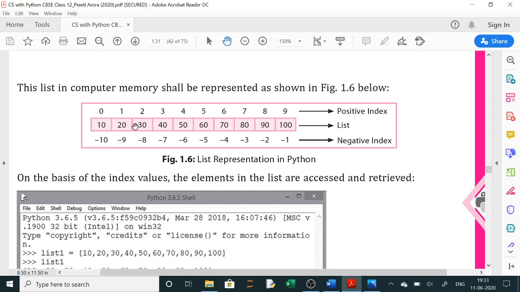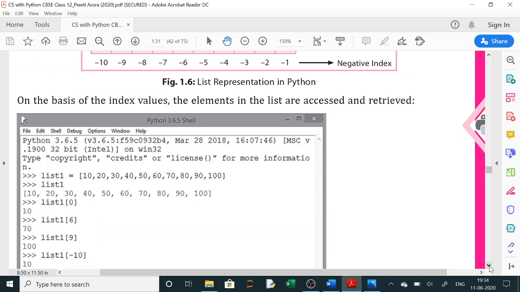So this is called list indexing, or to access the element of the list you will use this index. This is the most important part in list. Forward indexing will have the positive index and reverse indexing will have the negative index. Forward indexing starts from 0, that is, the positive index starts from 0, and the negative index from reverse starts from -1 till minus length of the list, whatever length is there. Suppose 10 elements are there, so the first element's index will be -10.